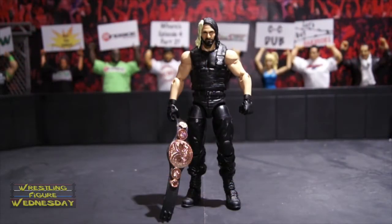Alright guys, so here we have the Mattel WWE Elite Series 33 Seth Rollins figure fresh out of the packaging. Overall, I'd say it's a really awesome figure. I actually really like it a lot, and I wasn't too thrilled when I got it, just because it's outdated, obviously. But having it out of the box now makes me reminisce a little bit about the Shield, and it's a really cool figure, and I highly recommend picking it up if you are a fan of